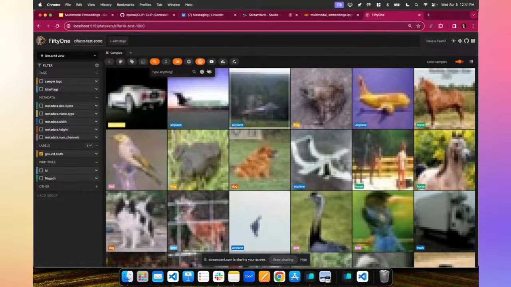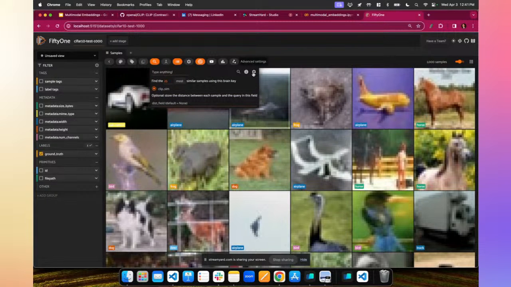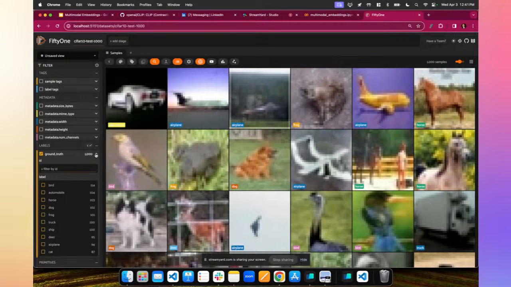So what this is going to do, if we click on this settings, this gear button, we can see that we are able to use this functionality because we have a multimodal index on our data, which we generated and called with a brain key, clip sim, so that we can now type in text and it will embed that text with the text encoder and use that as the query that it's passing into the vector database. So here I could pass in something like, let's see, what could I do? Why don't I do a puppy?